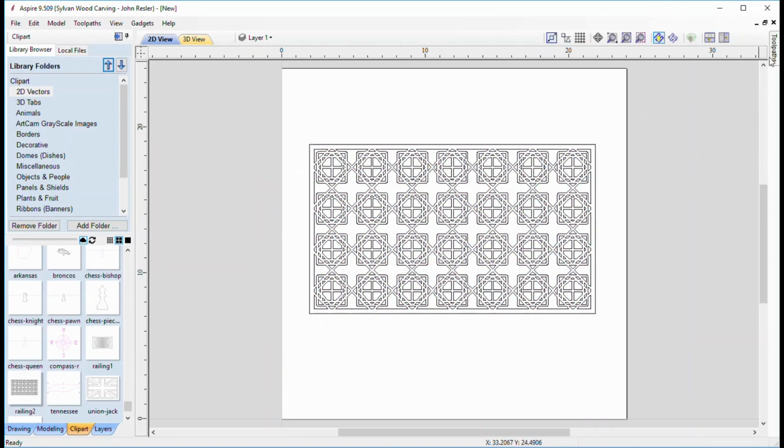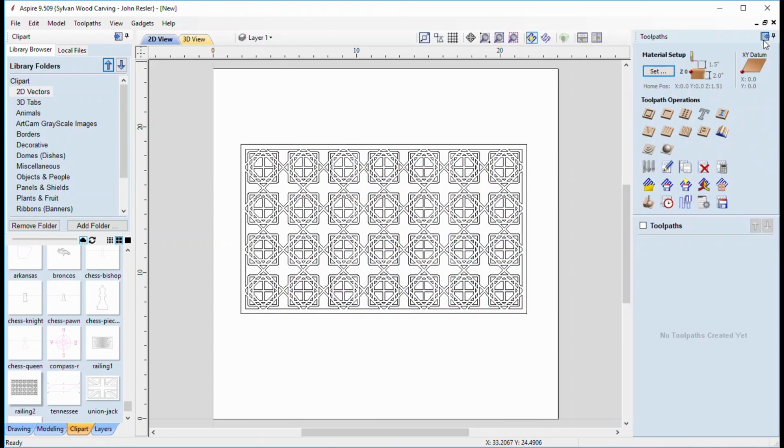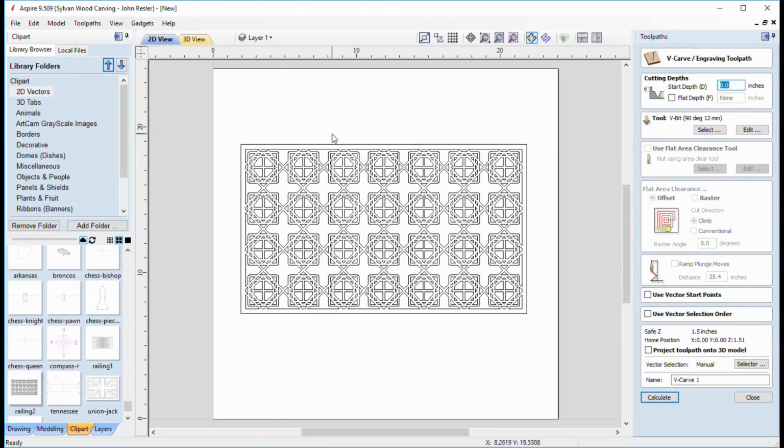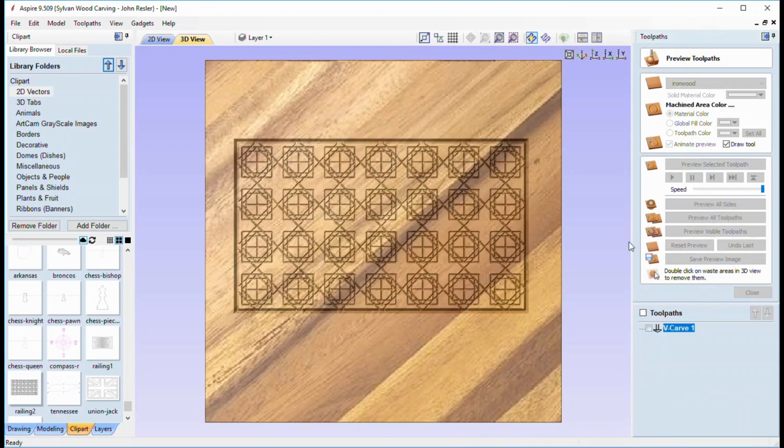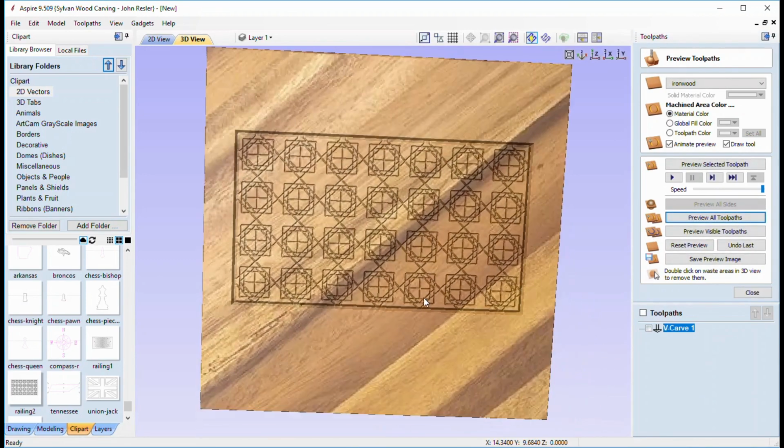It's pretty handy. And if we wanted to create toolpaths out there, let's see if we can create a VCarve toolpath out there. I've got a feeling it's going to say no because I think there's probably some open ones. But let's go ahead and try. Oh, wow, that was easy enough. So let's see, preview all toolpaths, and there we go. We are golden, ready to go, free stuff. That's a good thing. Next, we'll go to some easier stuff.